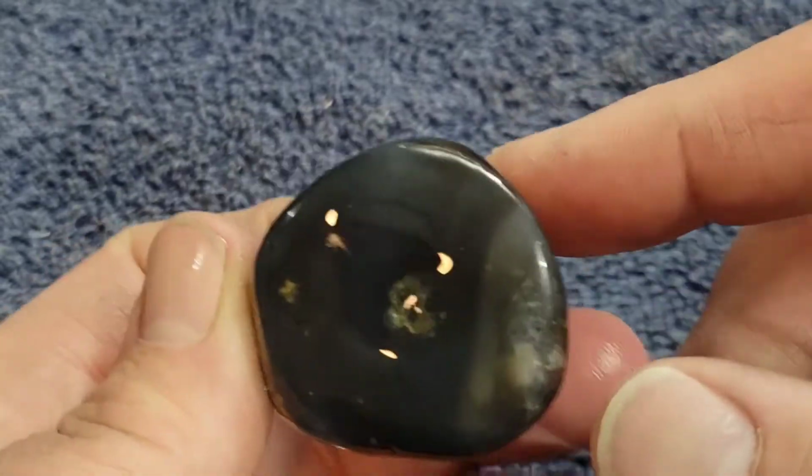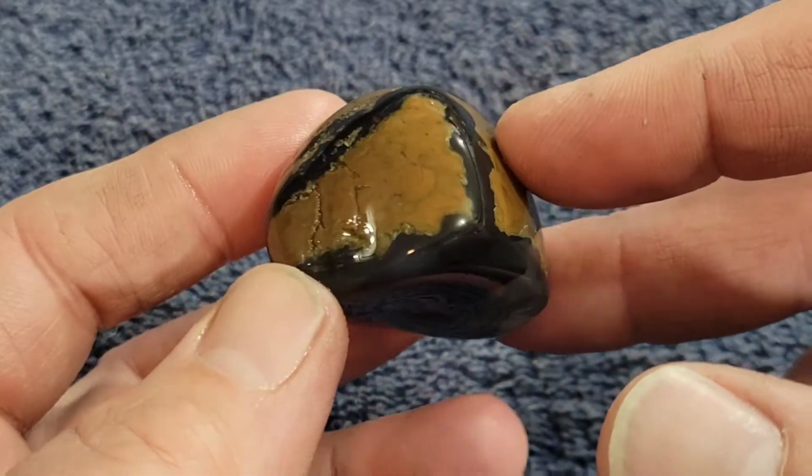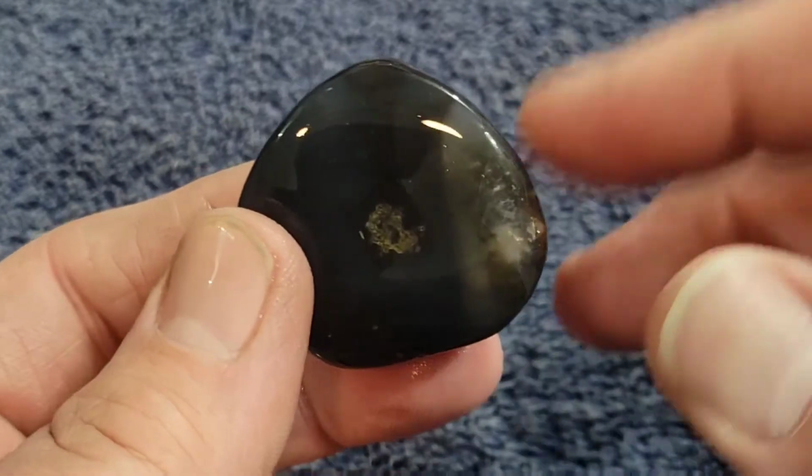But that's all right. We've got quite a few more of the Thunder Eggs and a few more of the geodes too. So we'll be doing some cutting again here one of these days. But we haven't got the saw back out yet. So now we'll take a look at some of this